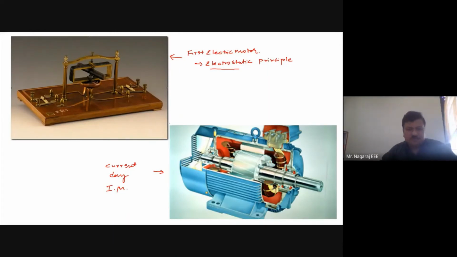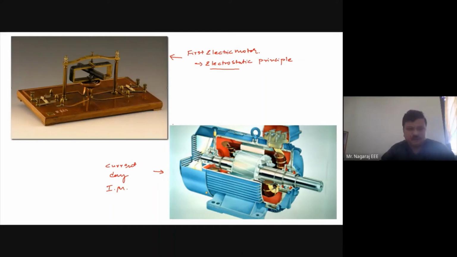Okay. Before the steam engine locomotives were wholeheartedly accepted by the public, it was tried to push electric locomotives on the road. Only, because of the limited generation and limited charging facilities provided, electric locomotives lost their charm in society. Okay. So the first electric motor was actually built for the application of locomotive only.